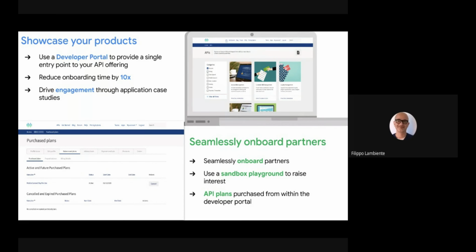So these are all aspects that together are important in order to have a successful API program and API adoption,